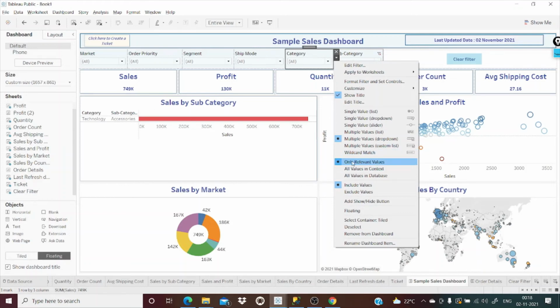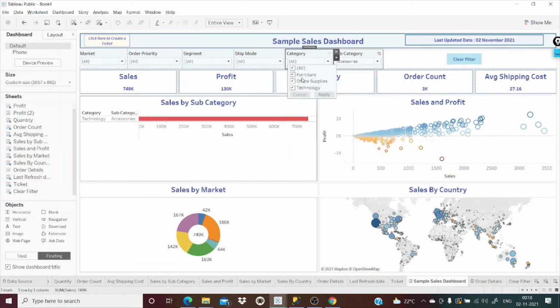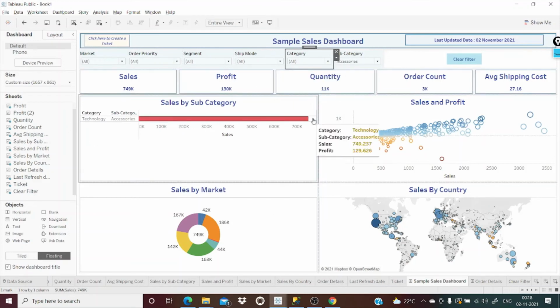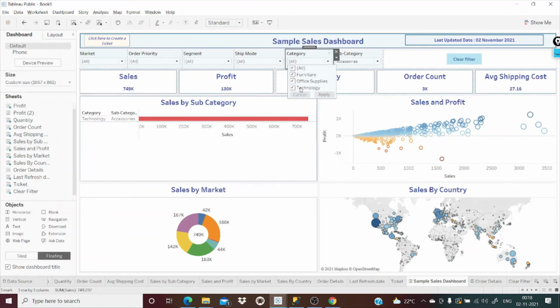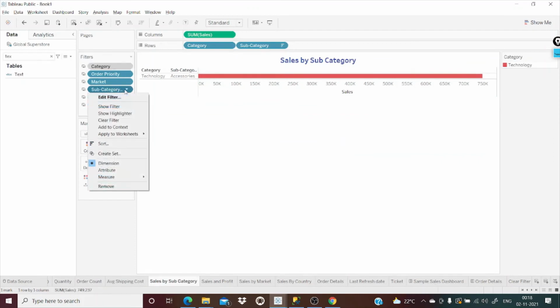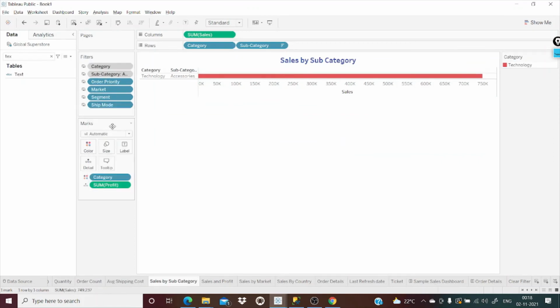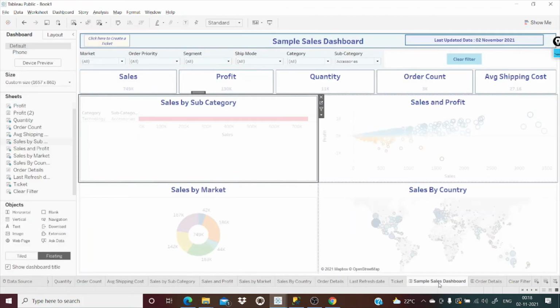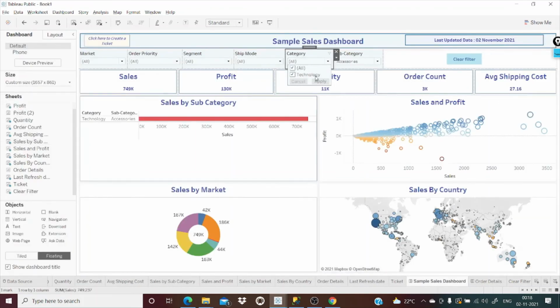Then it shows whatever the values related to this accessories. Just by clicking on only relevant values, it will not show technology like this. It is showing again three values. But the moment you add this subcategory to the context, whatever the not related values will go off. So let's go and do that. We can see it is showing still three values even when you checked the show related values. Now let's go back, subcategory, add to context. Now it is showing only technology.